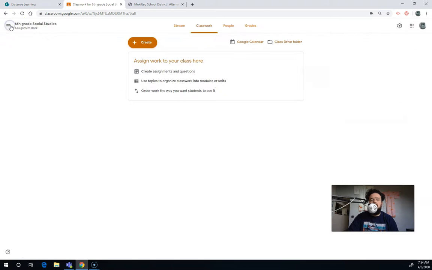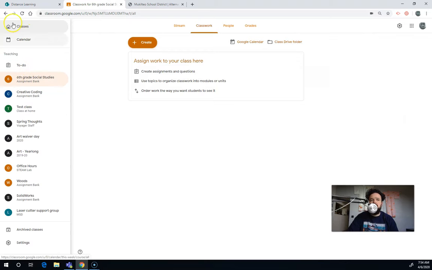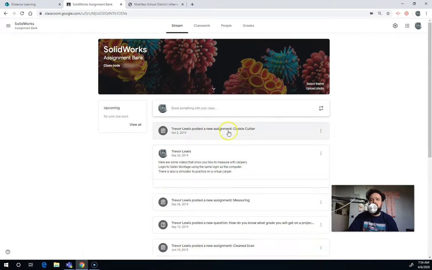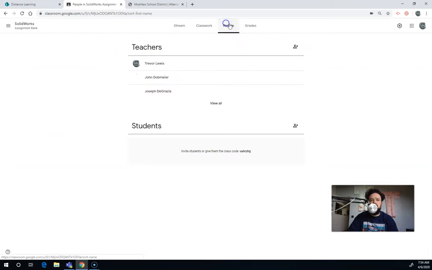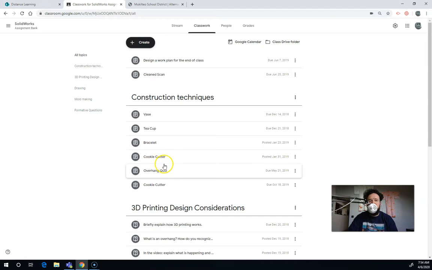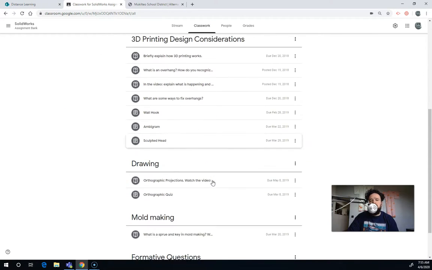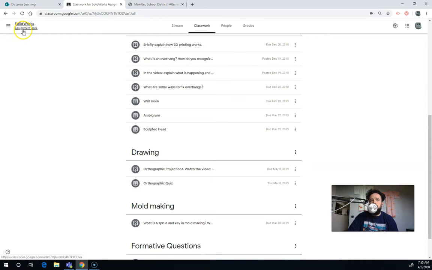If I'm doing it that way, I don't really need the second group of assignment banks, because what's happening is in my assignment bank, even though other people have access to this, here's some other people who have access to it, these assignments are also being posted in my individual classes that I'm teaching. So if one of these gets corrupted, I can always pull from one of these classes that I individually taught. So it's a little bit different if you're a TOSA or if you're a teacher who's teaching a course. If you're a TOSA, I do recommend making 2 assignment banks for each assignment bank that you want. One where you have the original versions and one where maybe it's a more collaborative space. You can also think of this as a collaborative space, so you can make one of these assignment banks and then multiple people can